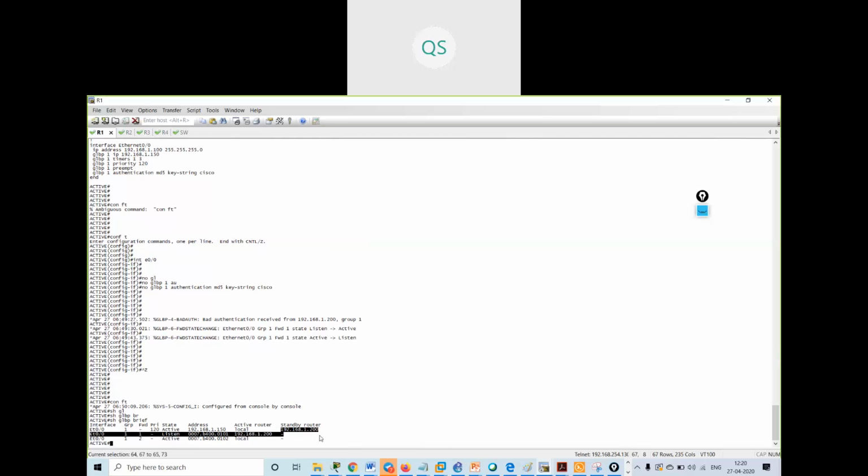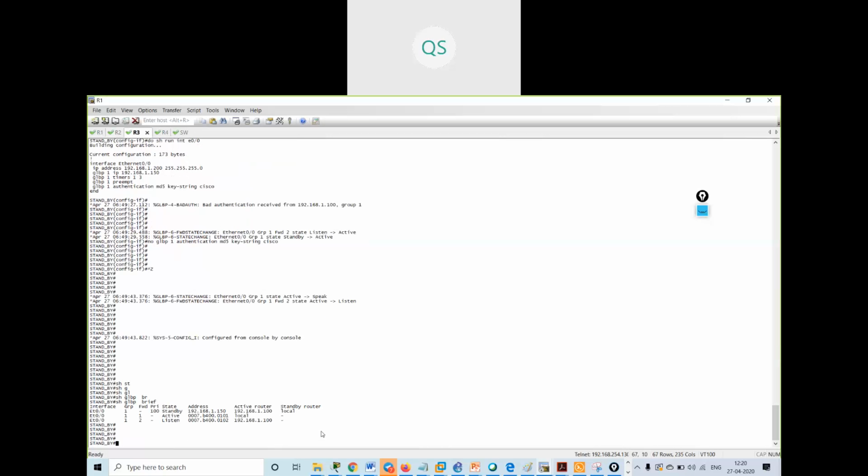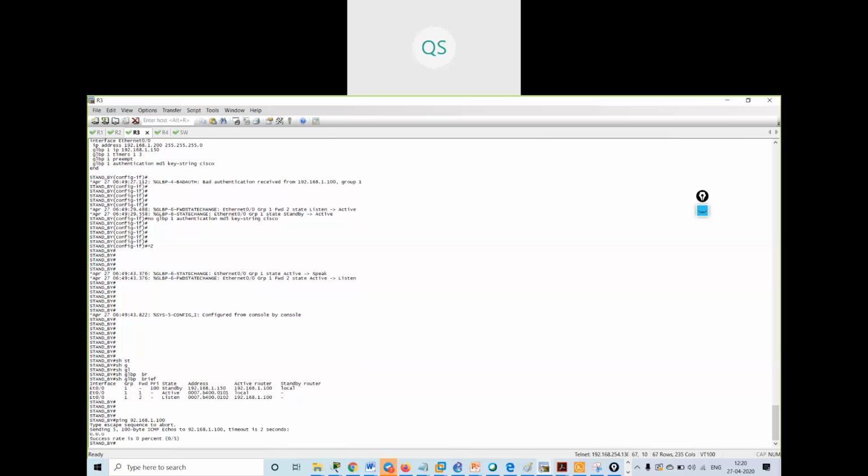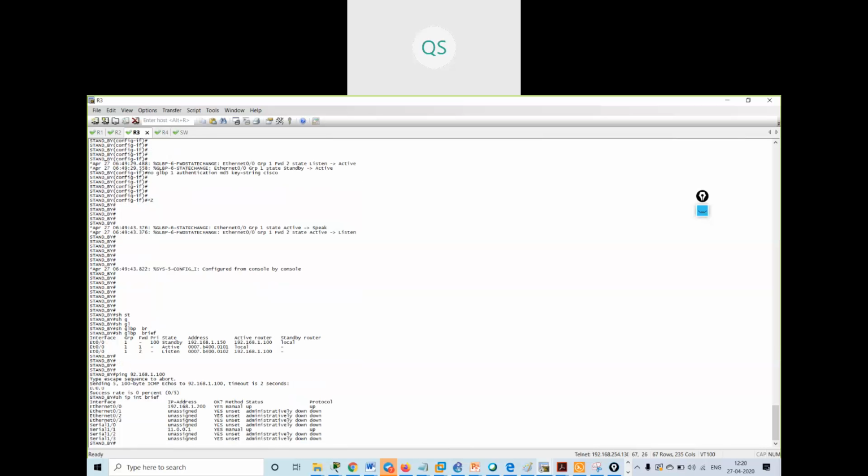Standby router is this. Okay, now let me check. It is not getting pinged. Interfaces are also up.